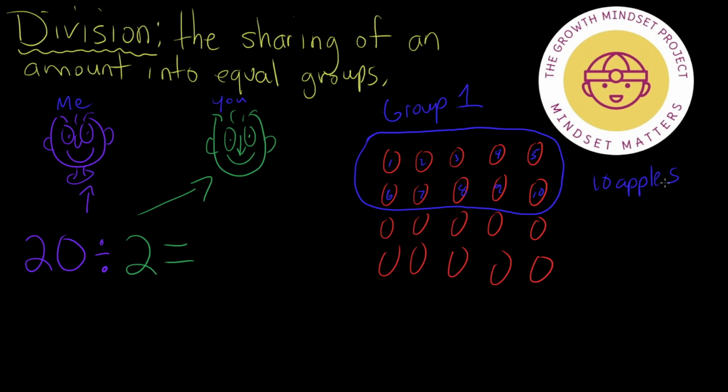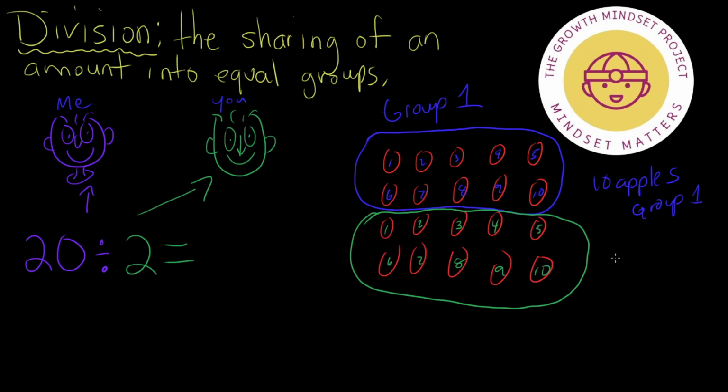So if we want to divide them evenly, our second group also needs to have 10 apples, okay? So let's circle our second group right here. Let's count these apples. 1, 2, 3, 4, 5, 6, 7, 8, 9, 10. So there's also 10 apples